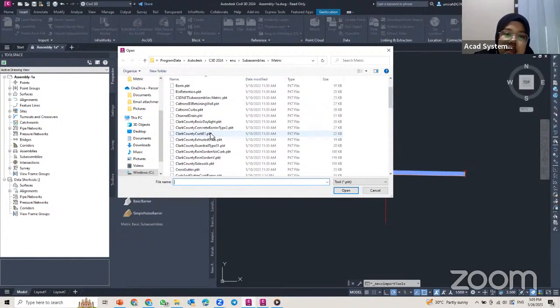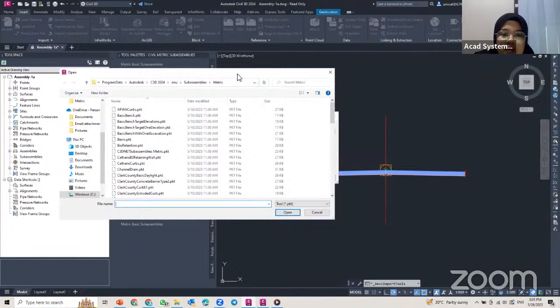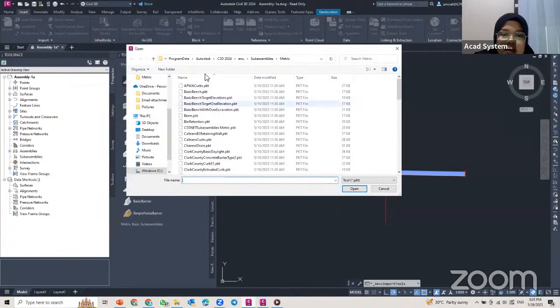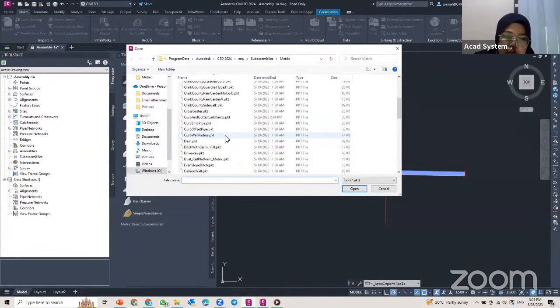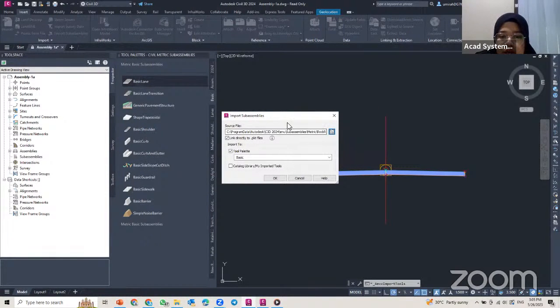So if you want to insert it in your Civil 3D, or in your project, you go to Import Subassembly just now and pick it here. For example, I want to add a retaining wall. Just click on this retaining wall here, and then click Open. From here, you will find Import to column. So this is actually the